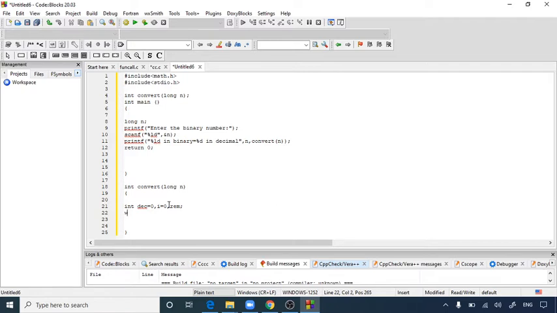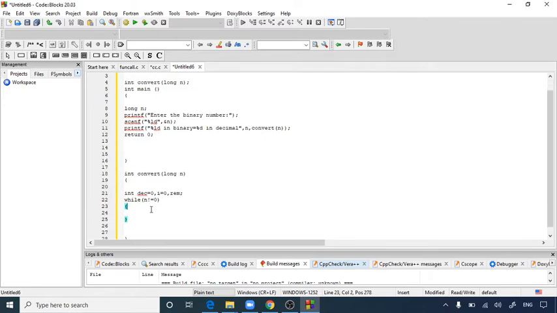Now I am going to use a while loop, while n not equal to 0, that means it has to keep going to convert it into the decimal. So while n != 0, remainder equals n modulo 10. So it has to take the last digit of the binary number by dividing by 10 till n becomes 0 to convert it into the decimal number.